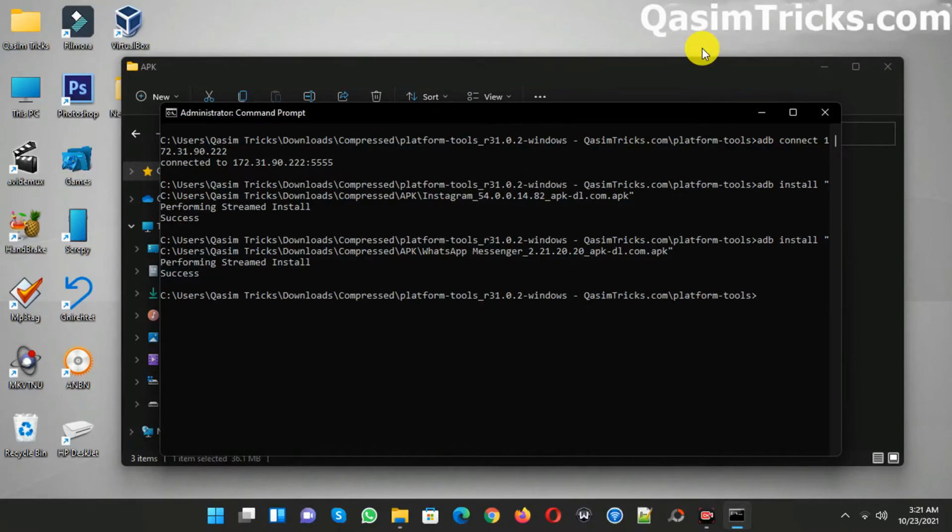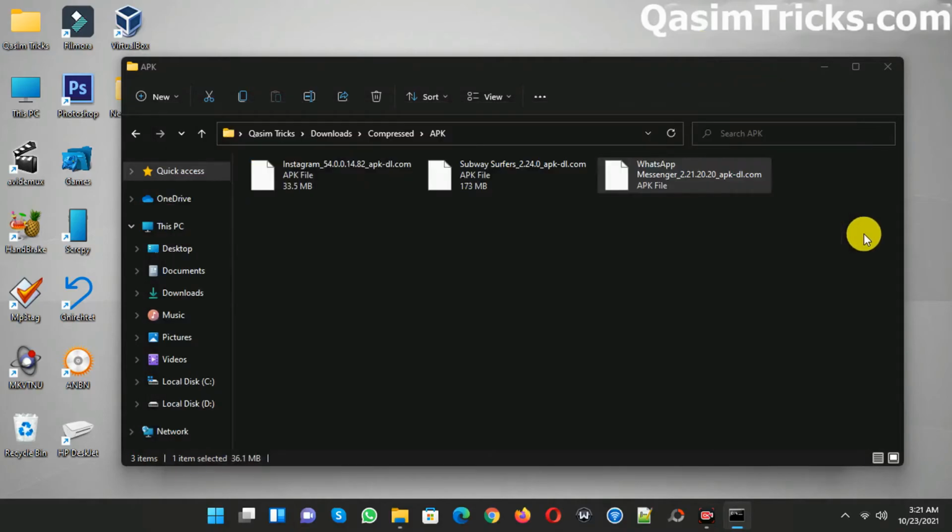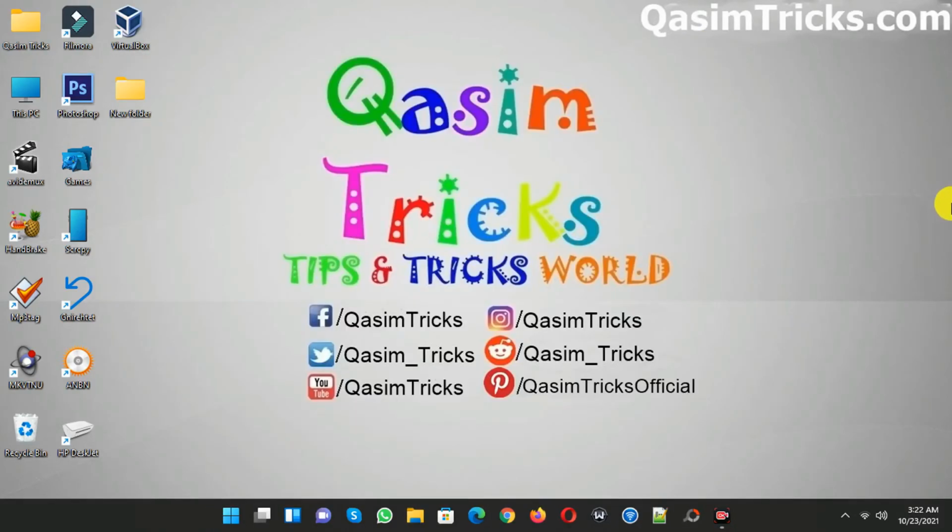The apps that are available on the Amazon store will work great here, but you can try your favorite apps or games here and see if they work well on the Windows Subsystem for Android or not. So in this way you can install any apps from the Google Play Store to your Windows 11 using this method.